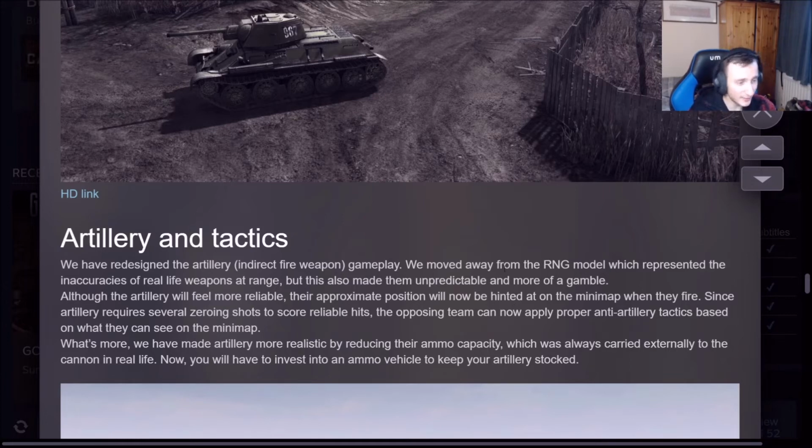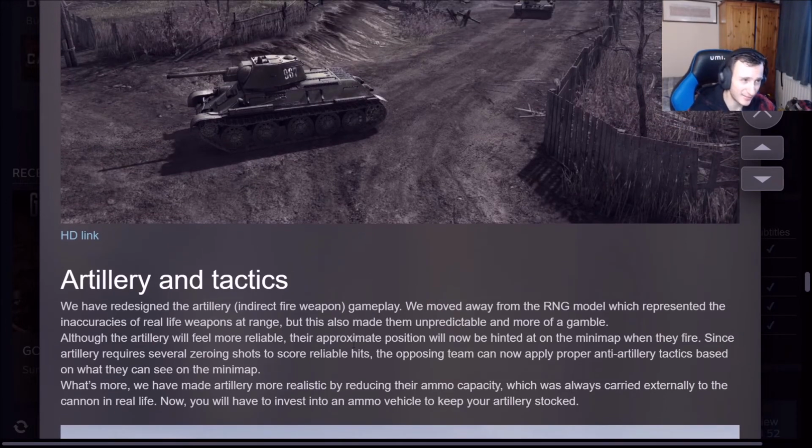Yeah, so it's kind of like in World of Tanks, where when the artillery fires, you can see the shell and where they fired from. But in this case, in Gates of Hell, they are marking it on the map, where they kind of hint where artillery fired. But what this also means is it gives you a good chance to know roughly where the artillery is,